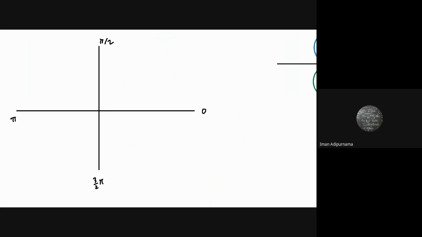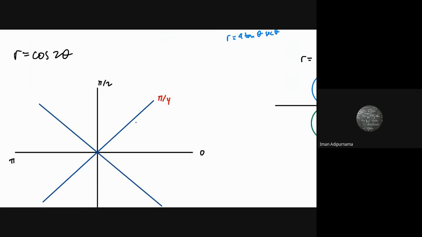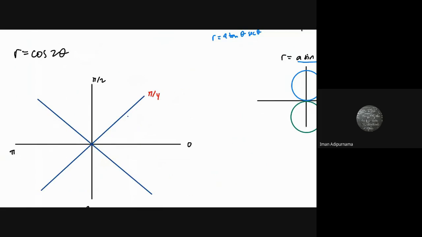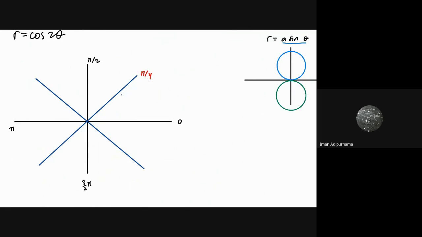And let's have help from the pi over 4 here, and another one. Okay, and let's have this as pi over 4. If we start the cos 2 theta, we start from, let's say we have